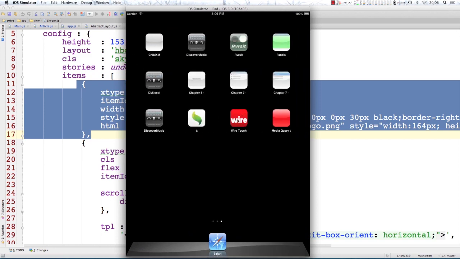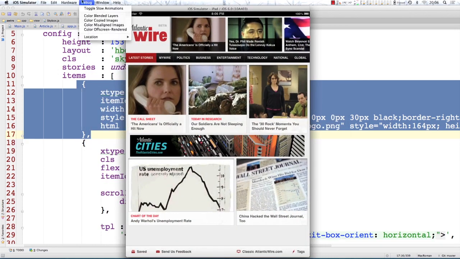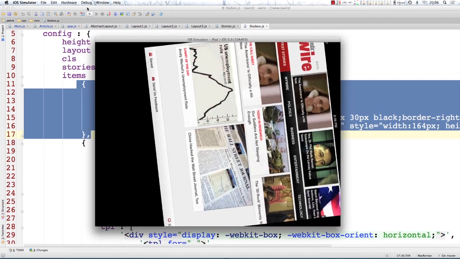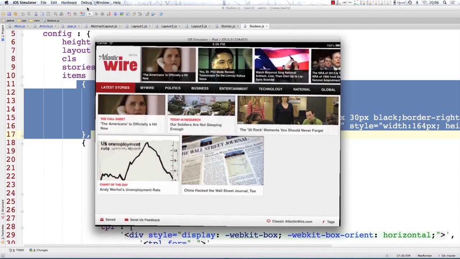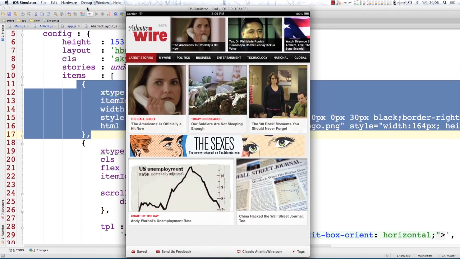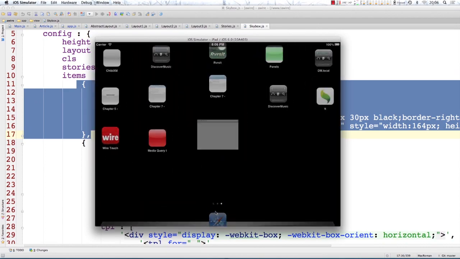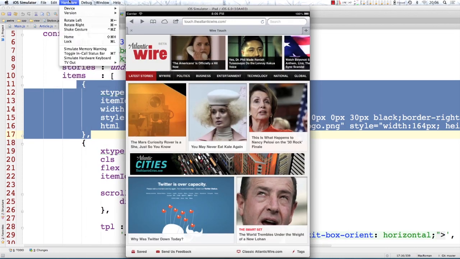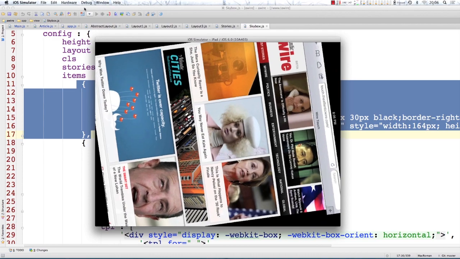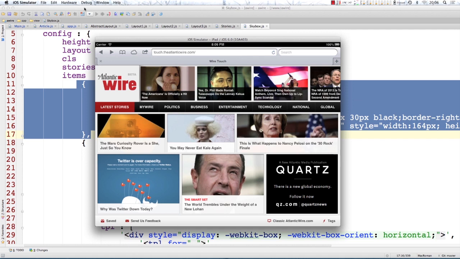Now, I took the liberty of embedding this application here, and what you notice, I'll have to slow it down for you. The layout occurs before the device is rotated. Really, it just made no sense. And if I were to go back, I have to put on slow animation again, sorry. There we go. You can see that when the orientation finishes, then the relayout occurs. And we were getting reports that it was slow in certain directions and certain times it was fast, and it just made no sense. So we created this really simple,